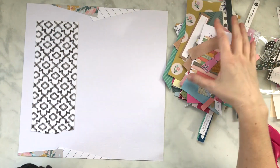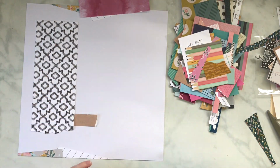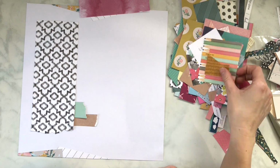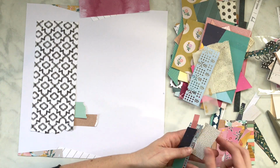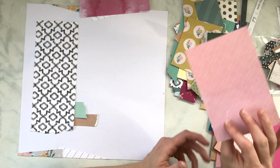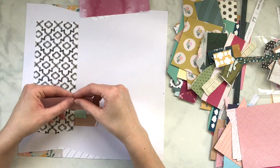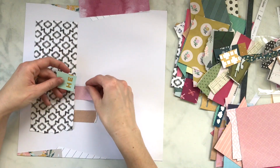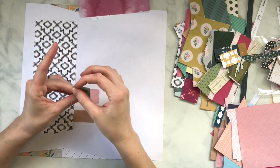And so I took that bigger piece from Felicity Jane. So far, I'm using all papers from Felicity Jane. I don't know if you remember, but on the 14th, I shared a layout that had some paper that I rolled up and did a whole bunch of layering. And so I had those corners left. And I also have a whole bunch of this paper that I used. Well, some of it was paper that I used when I did Jen Gaines'